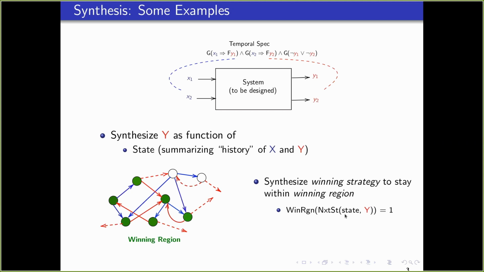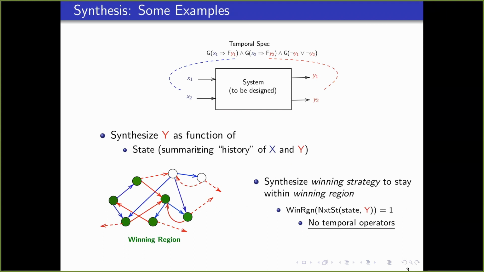So what I want is that for every state from which the system should make a move, the move of the system should be such that the next state always falls within the winning region. So really the winning strategy is: synthesize y as a function of state such that this is always true. But if you look at this, there is a very interesting property here that there are no temporal operators here. Next state is a completely combinational function. Given a state, given the move of the system, it tells you what the next state is. And winning region is a predicate which takes a state of the system and tells me whether it's in the